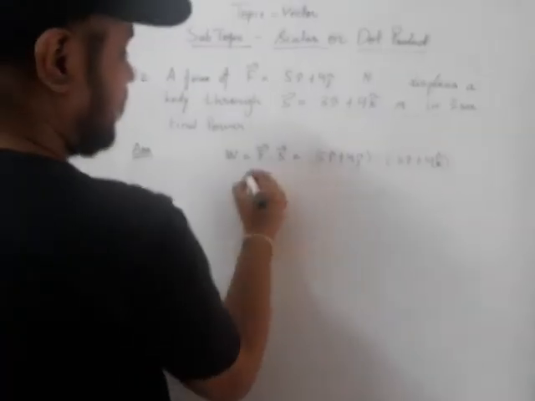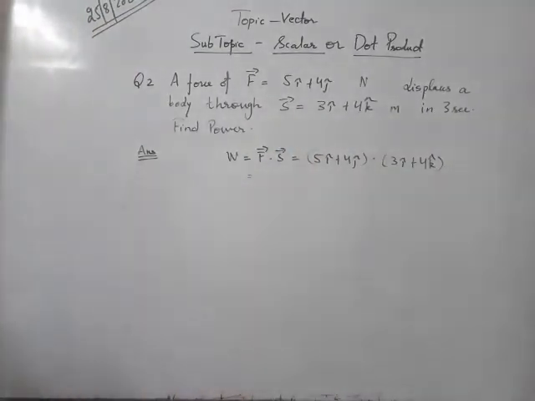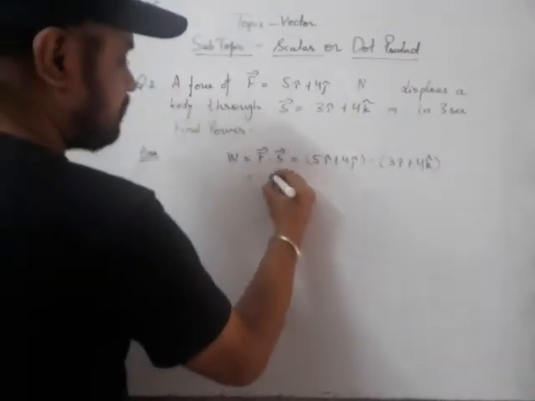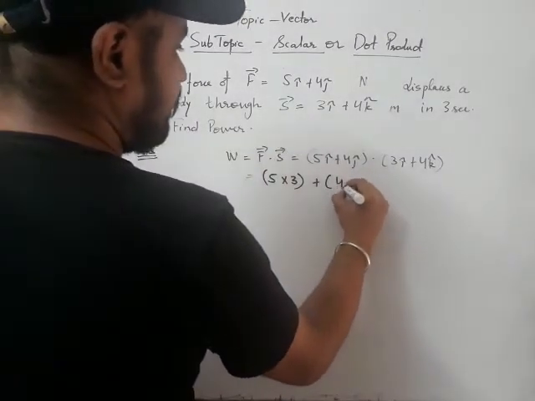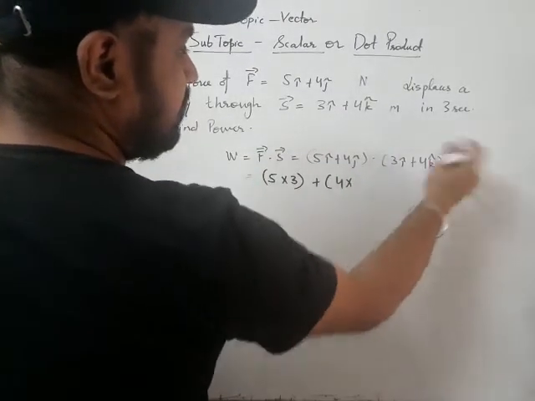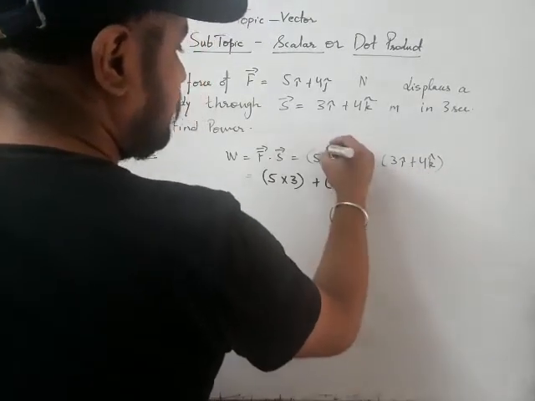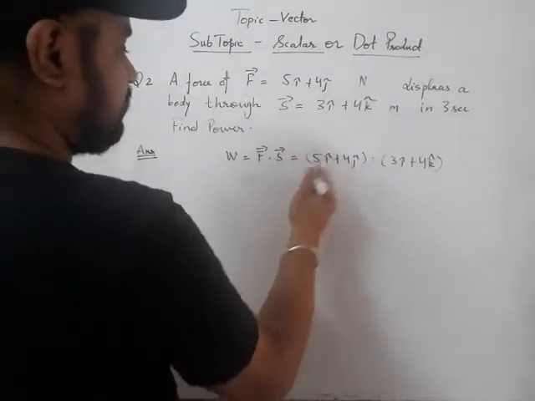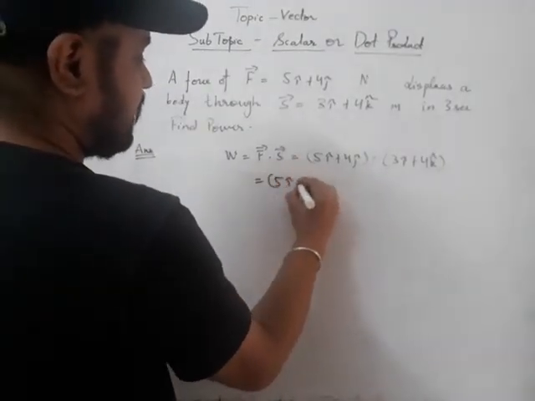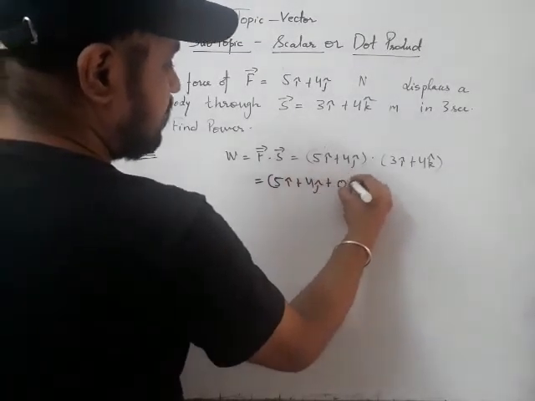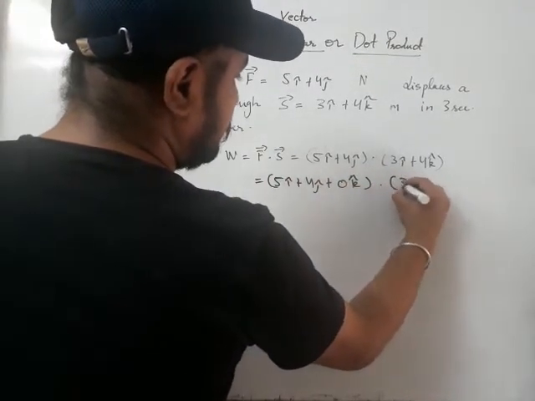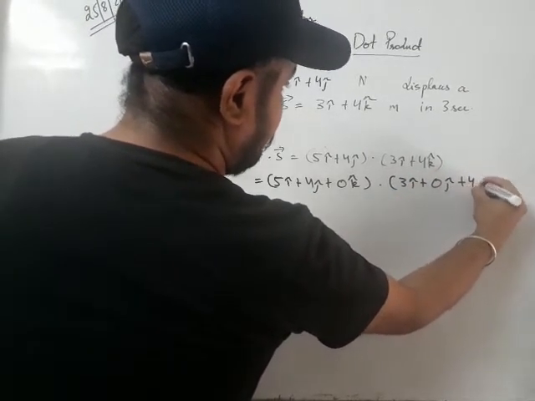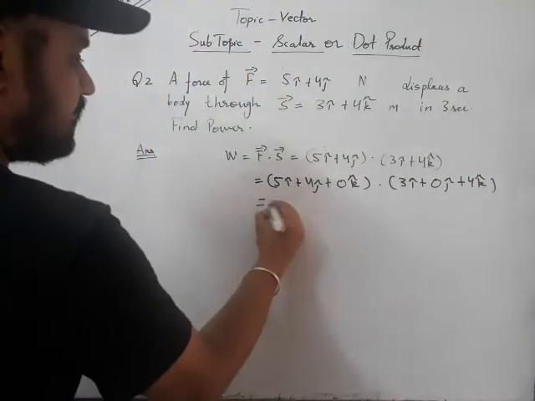So for finding out dot product, the coefficient of i is multiplied by i, that is 5 into 3 plus 4 into, here it is not j over here, or I may first write it over here. Firstly, for not confusing you, 5 i cap plus 4 j cap. Since k cap is not there, you can write 0 k cap. Dot 3 i cap, and j cap is not there, so you can add 0 j cap, and 4 k cap. Now we can easily determine the dot product.